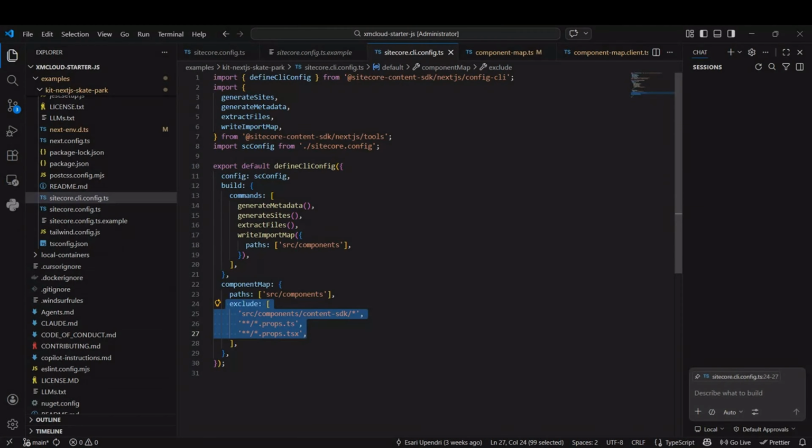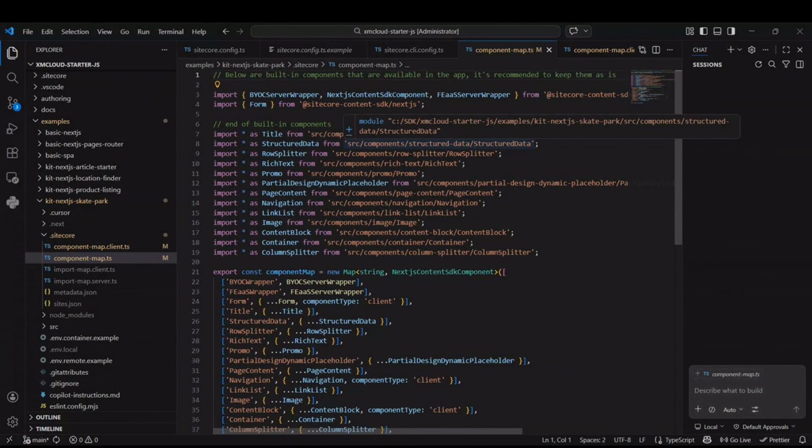Sitecore.cli.config.ts controls how your app gets built and how components get registered. Two files, two very different jobs. Together, they are the backbone of every Content SDK project. In our last part, we talked about sitecore.config.ts and sitecore.cli.config.ts. Now let's go one level deeper into the file that actually connects your React component to Sitecore content, the component map,